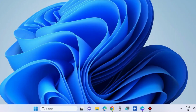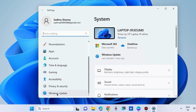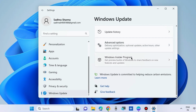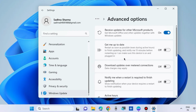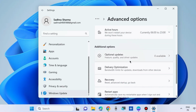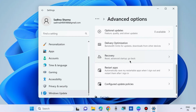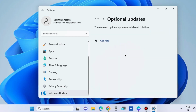The next workaround to make your computer faster after a Windows update: go to Windows settings and choose Windows Update, and go to advanced options. Here go to optional updates and check whether any optional updates are running. If not, go back